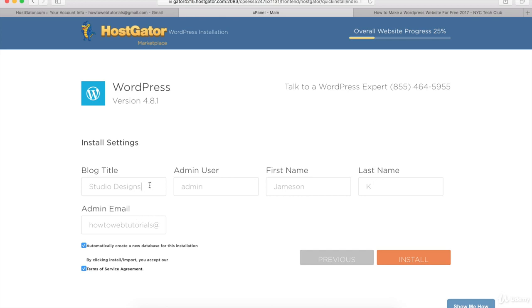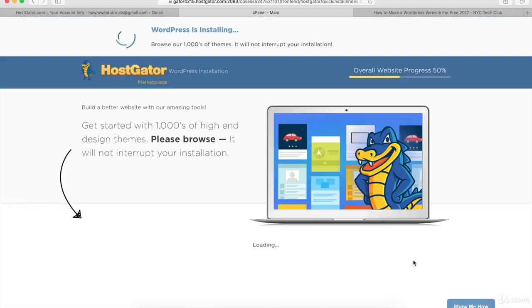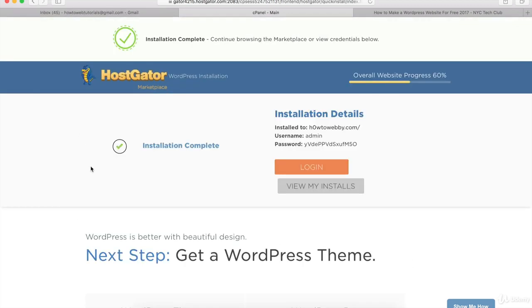And you can always change the blog title a little bit later. So don't worry about what you put in right now. Just type something in and you can change this later if you want. And once you're ready, come down here and check these two boxes and then just click on the install button right here. And once WordPress is installed, you should see this notification right here and you should see a username